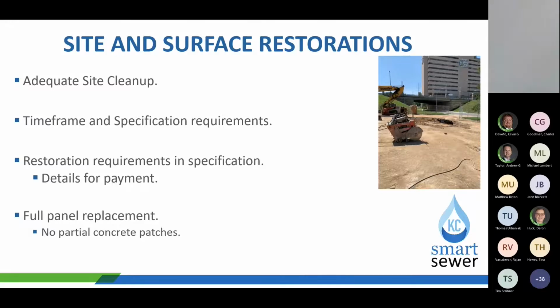So if you need to have that conversation with the contractor, if they're not keeping up with these items, don't be afraid to mention that as well, or bring it to the city's or Smart Sewer's attention if you need help facilitating that conversation. As far as surface restorations, time and specification requirements,